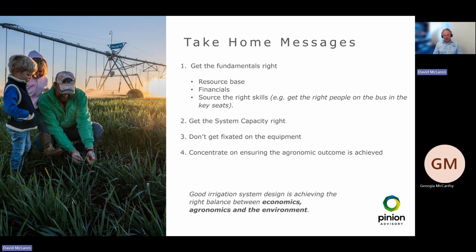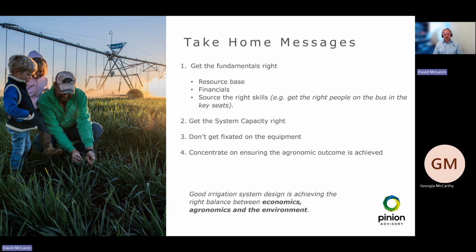Don't get fixated on the equipment. There's so many other steps in the process that are really important. At the end of the day, we just want to get water to the crop root zone and maximize yields. Don't just get so fixated on equipment. There's multiple steps required to make a good irrigation system. Concentrate on ensuring the agronomic outcome is achieved. So how vitally important is that? It is exciting to get pumps, pipes and equipment on the farm and develop and have staging, but it's so important that we don't lose sight of the agronomic outcome, and that's getting water effectively to the crop root